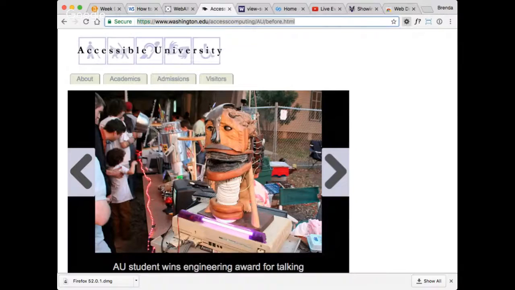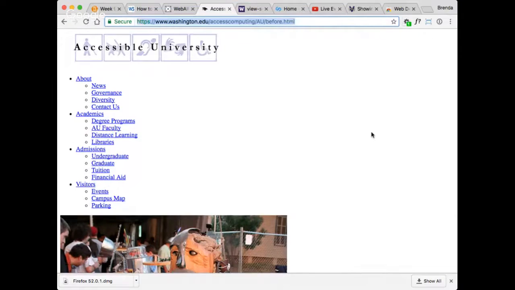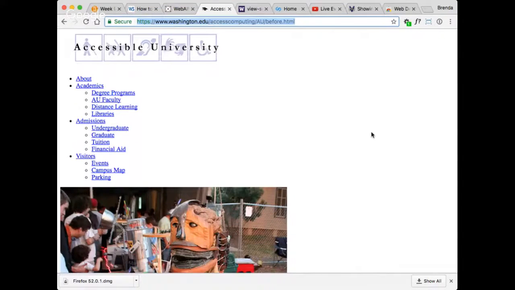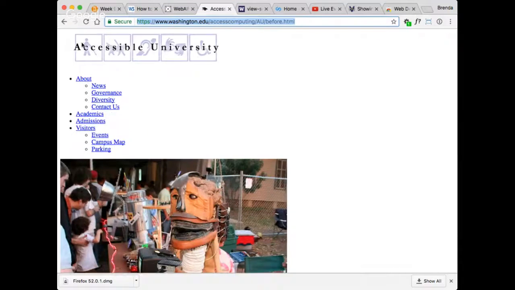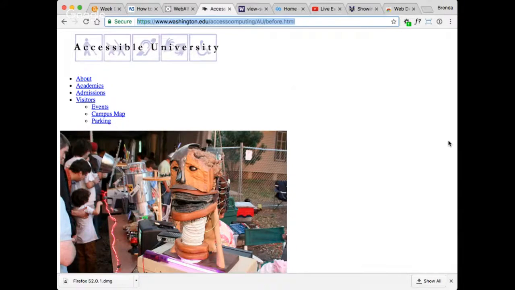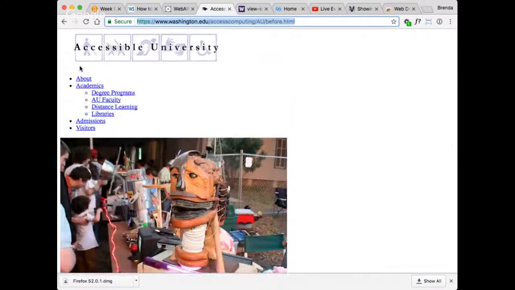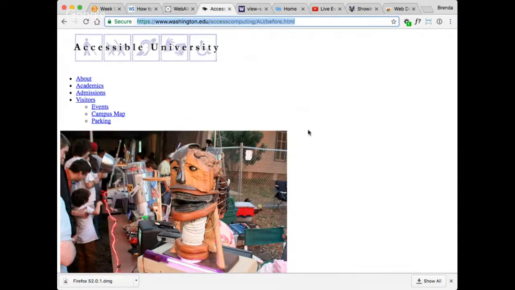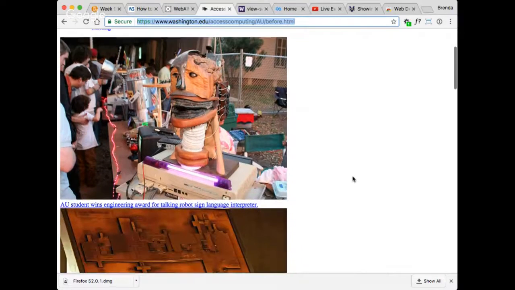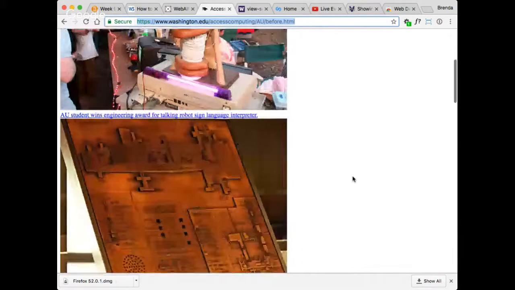Okay, so now I'm going to go in here to determine the reading order. I'm just going to disable all styles and see if it makes any kind of sense. So now I can see at the top, I have my university, and what's interesting is I have this here, which when I mouse over it, it kind of changes. That's concerning. I can see here's my slideshow,